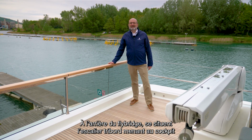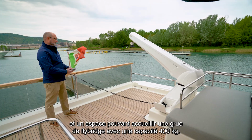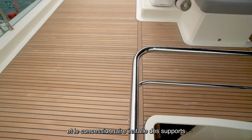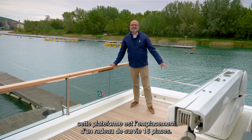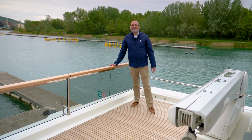At the aft end of the flybridge we find the stairs to the aft cockpit on starboard and space for a flybridge crane rated to 400 kilogram capacity. 4 pad eyes are fitted in the coaming and the dealer fits chocks depending on the customer choice of dinghy or jet ski. Without the crane, this plinth is the location for a 16-person life raft, and this space can